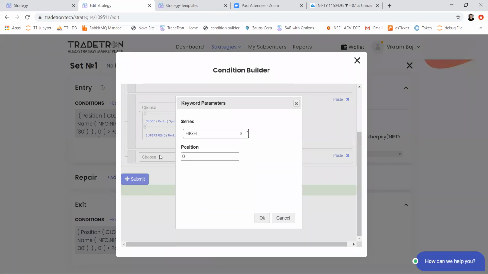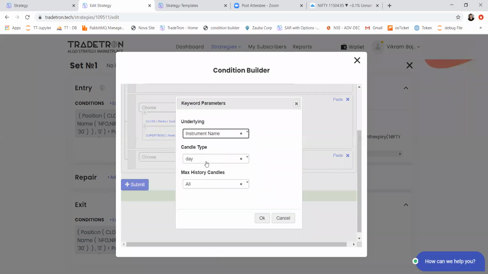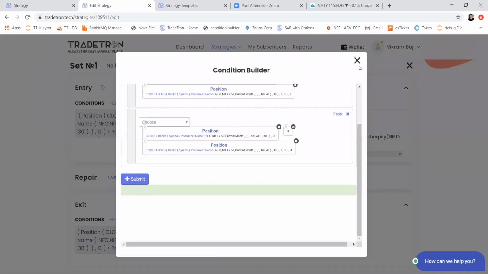You can just select high as the series here and -1 and define the instrument name. So this is previous day high. If you want previous week's high, then just click here, change this day to week, and this is previous week's high. Like this, you can use any of the keywords that you want to use.